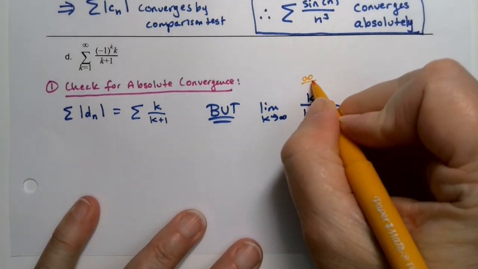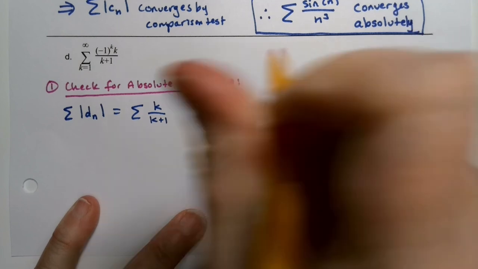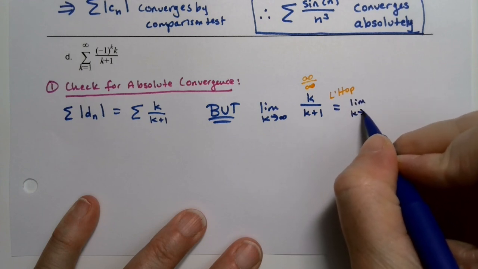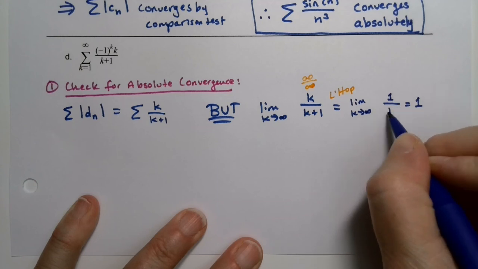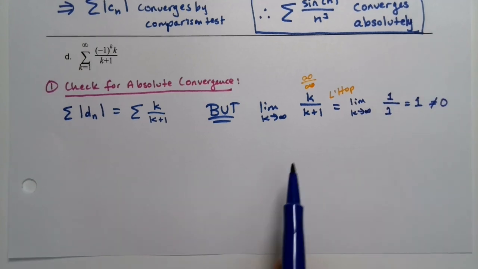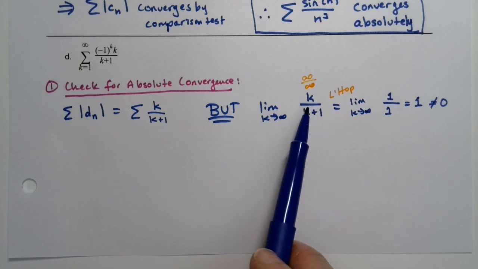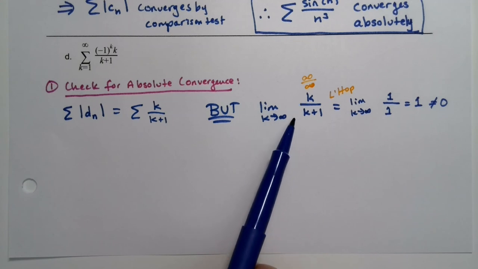that's infinity over infinity. So technically, by L'Hopital's rule, we know that it's the limit as k goes to infinity of 1 over 1, which is 1. And you know what 1 is? 1 is not 0. Right? You can use L'Hopital's rule, or technically it's a rational function, so we can use that little table that we learned in section 10.2, right? That if it's a polynomial over a polynomial, you can take the ratio of the leading coefficients, which in this case is 1 and 1, therefore it's